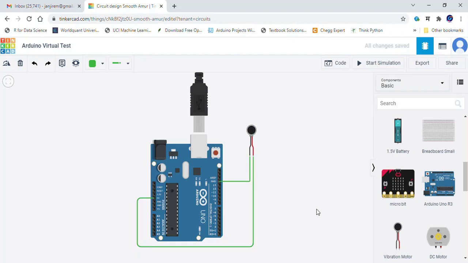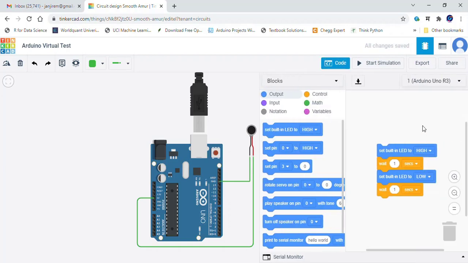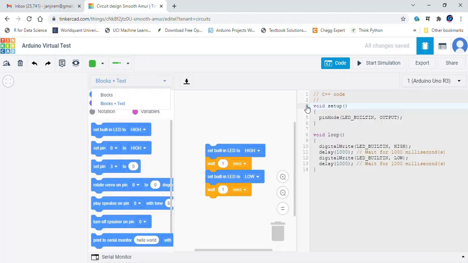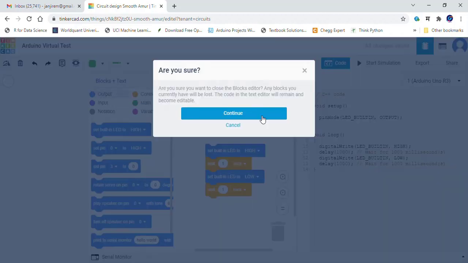In the code button you can see here the blocks and the design. Then you can click here block plus text. And another thing is, you can see here just text only, so other components will be hidden.